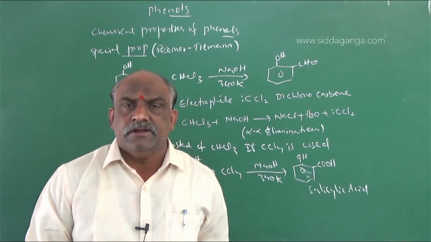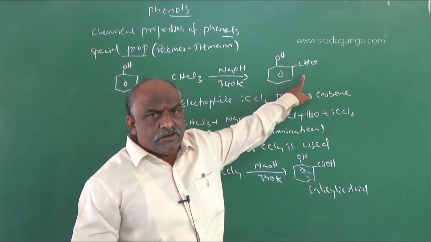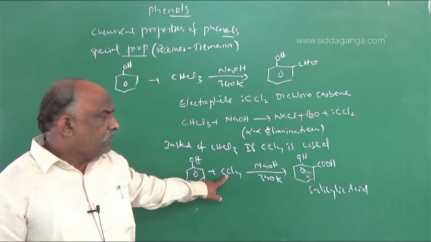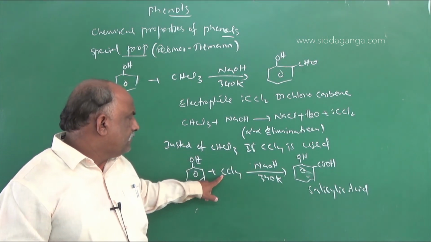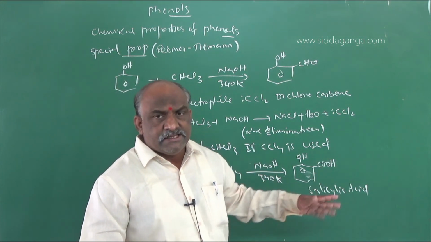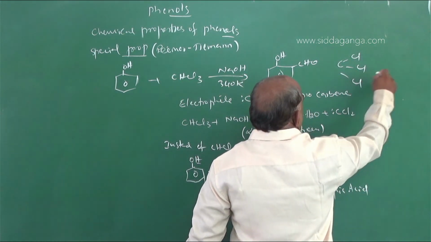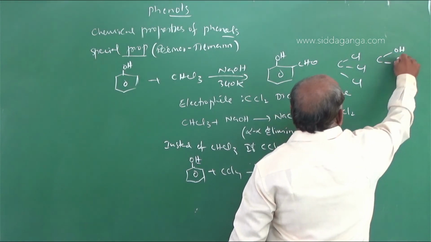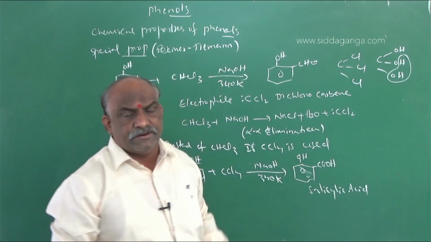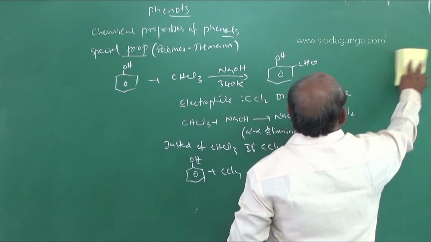Chloroform is the reagent: the answer is an aldehyde group in the ortho position. If the reagent is carbon tetrachloride, NaCl is eliminated, CCl3 attacks, then after hydrolysis we get COH. After elimination of water, we get COOH, the carboxylic acid. Like that is the mechanism. According to the mechanism we have to know this reaction, but for us the mechanism is not required.